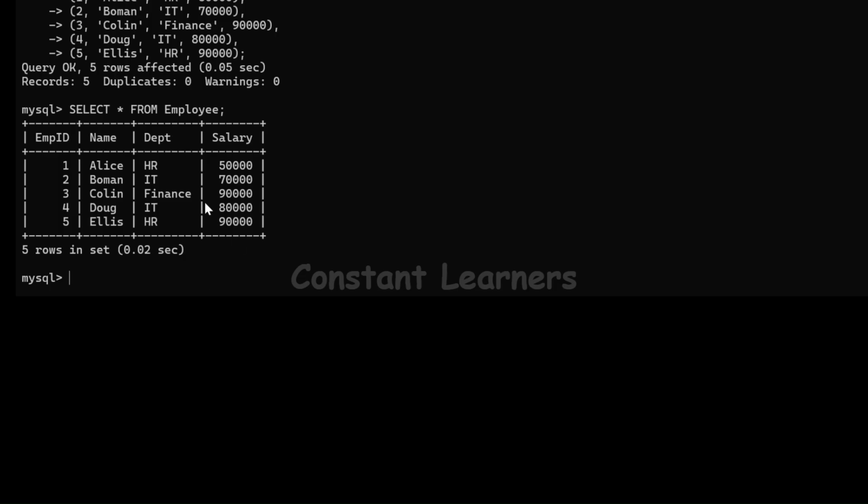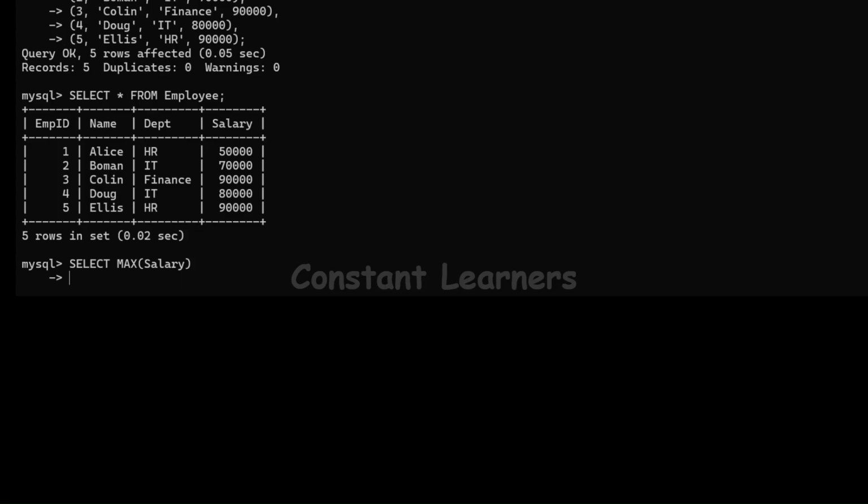Alright. Now, we start with select max because we need the maximum salary. Max what? Salary. From where? From the employee table. What is the condition?